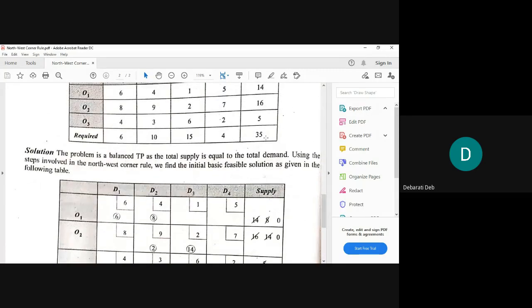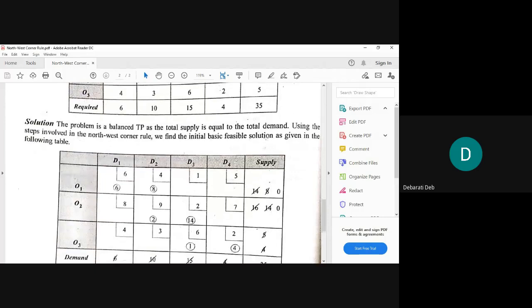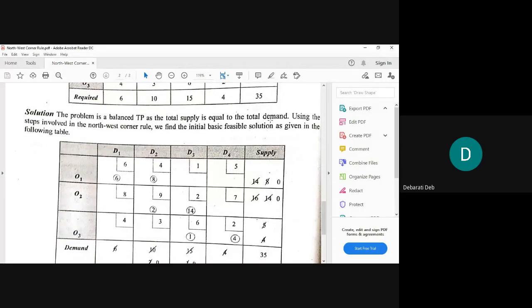I'm giving you 2 minutes time, just fill it up. Whatever is given in a question, just bring it on to this solution table. But the circle numbers you will not write. The striped off numbers you will not write. You will write exactly what is given in the question.